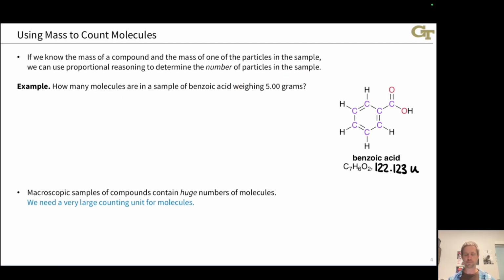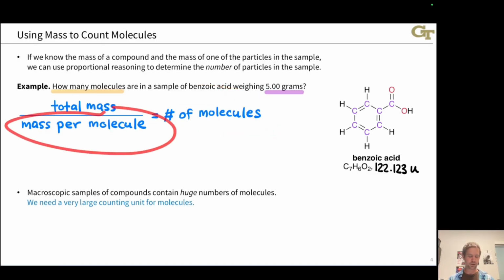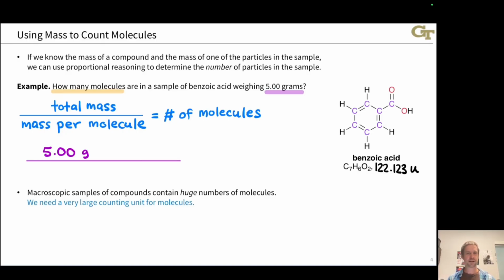Well, we know the mass of a single particle of benzoic acid, a single molecule of benzoic acid. It's 122.123 atomic mass units. And the total number of molecules is just the total mass of this sample, 5 grams, divided by the mass per molecule, right? Since the number of molecules present times the mass per molecule is going to equal the total mass. This equation is just a re-expression of that idea. So we can plug in the numbers given. 5 grams is the total mass of the sample. We know that the mass per molecule is 122.123 atomic mass units,